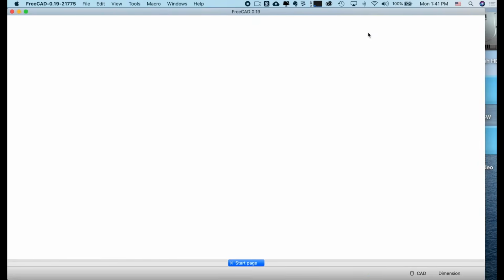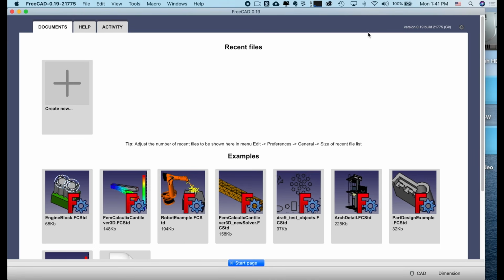After that, it started up much more quickly. Okay, now we have FreeCAD installed on our Mac or installed on our Windows machine. How do we make it look like the version I was using? I'll show you how. So I'm going to start FreeCAD on my desktop, and I've purposely started it in a